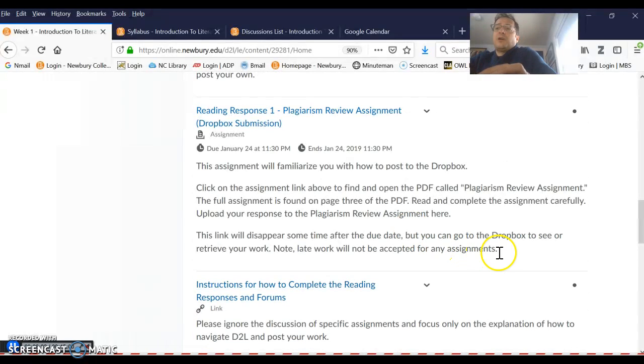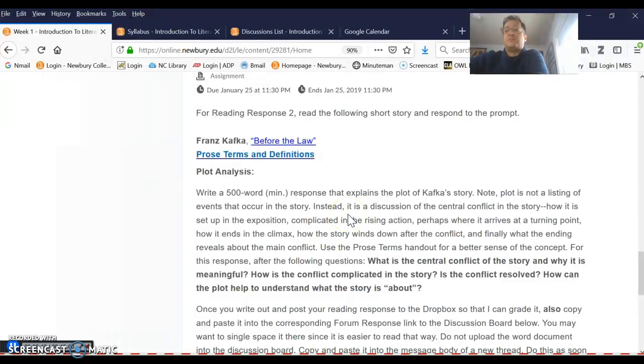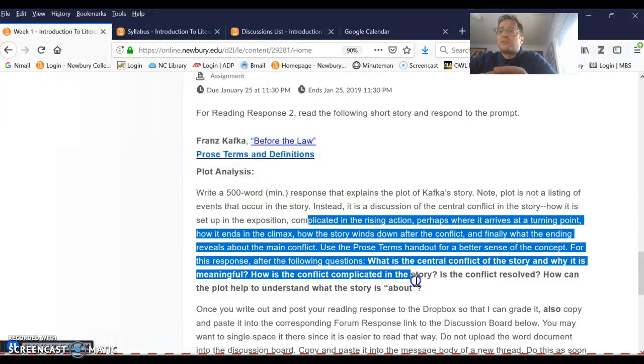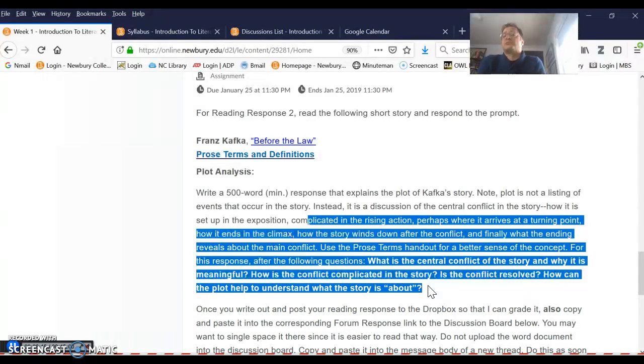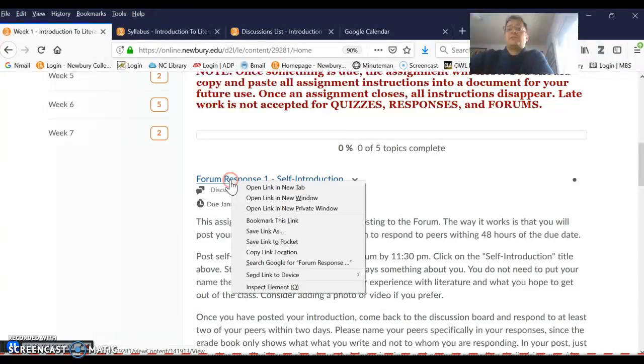So when you go to an assignment, it's typically a good idea, I mean, not for this one, but definitely for the Kafka and moving on, a good idea to copy and paste the actual assignment into a document that you can keep track of, just in case for whatever reason you need to go back to it. Once the Dropbox assignment closes, you can't see this, but you can continue to post to the forum and not lose both grades. But yeah, basically what you're going to do is you're going to click on the link, and